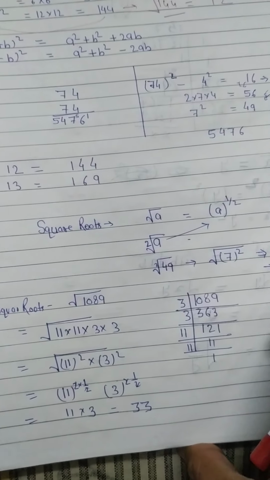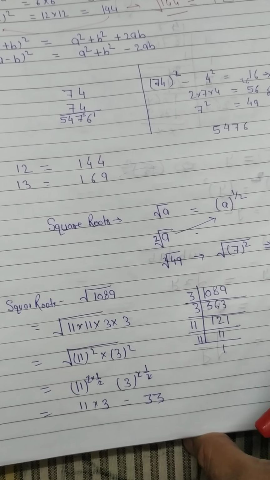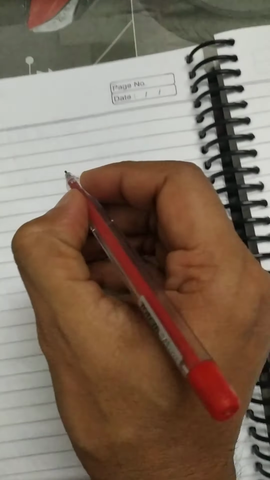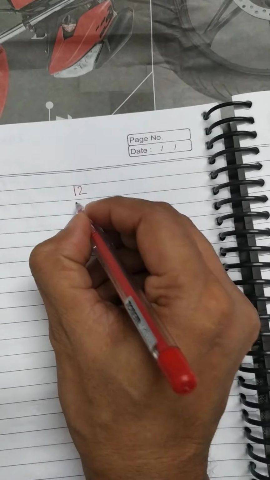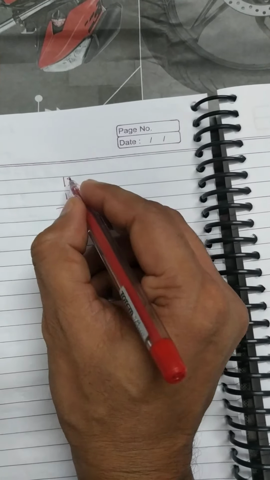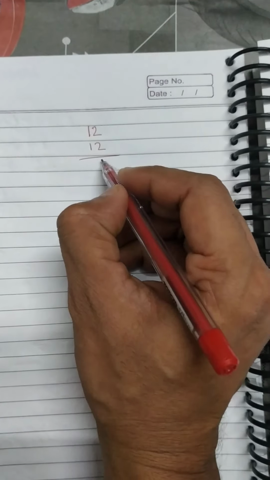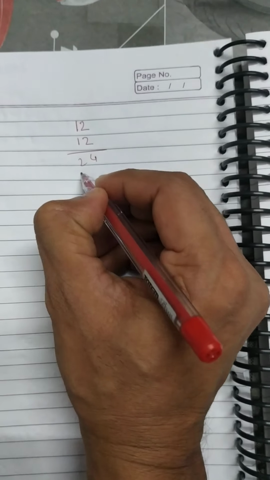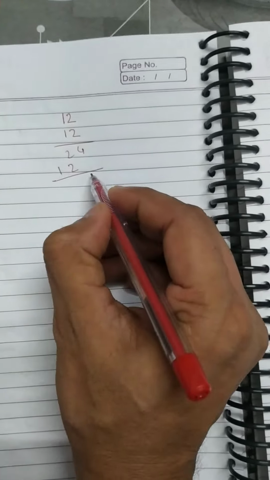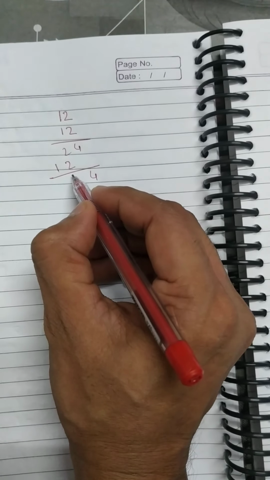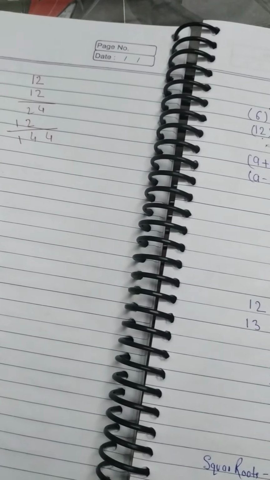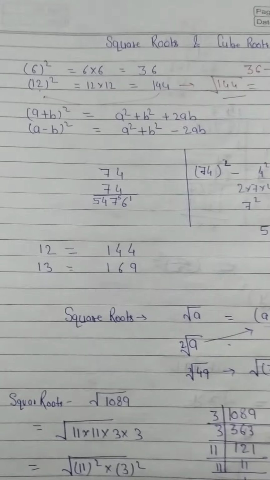First, how to calculate the square of any given number? Just simply multiply. Suppose 12, what is the square of 12? We go for the simple multiplication: 2 twos are 4, 2 ones are 2, then 1 two is 2, then 1 one is 1. So this is the simple way to calculate a square. But today I will give some examples of how to calculate in a tricky way, easily.